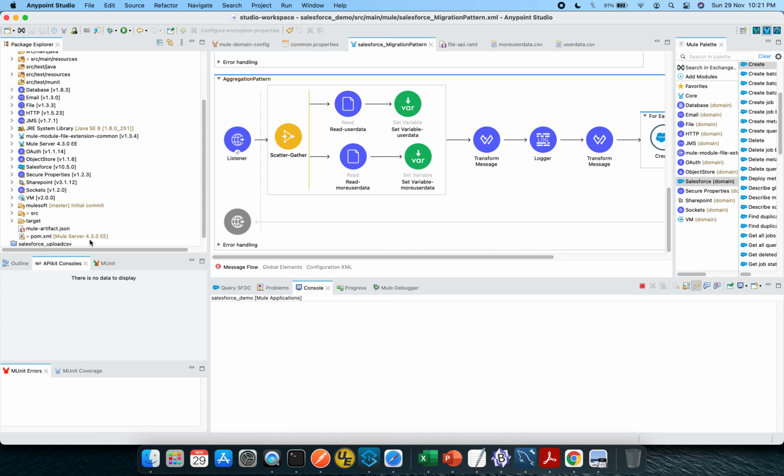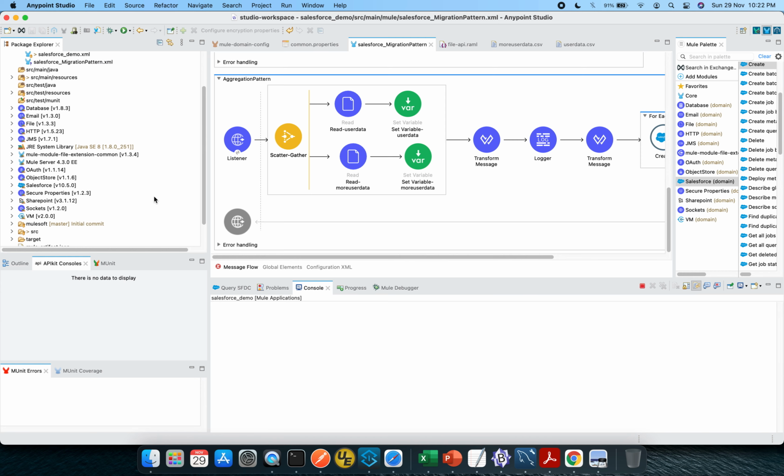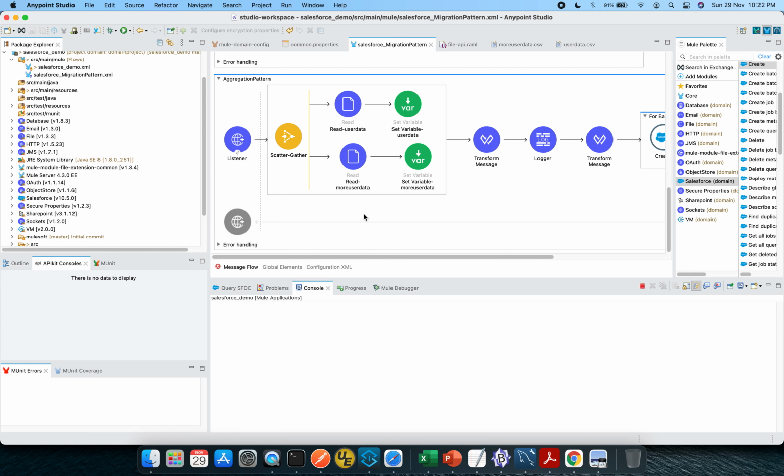Okay, this is good, and you can see the Mule server as 4.3.0, which we are referring to in this particular use case. This is in continuation of my previous video, in which we already discussed the migration and the broadcast integration patterns when we integrate Salesforce to any other system.